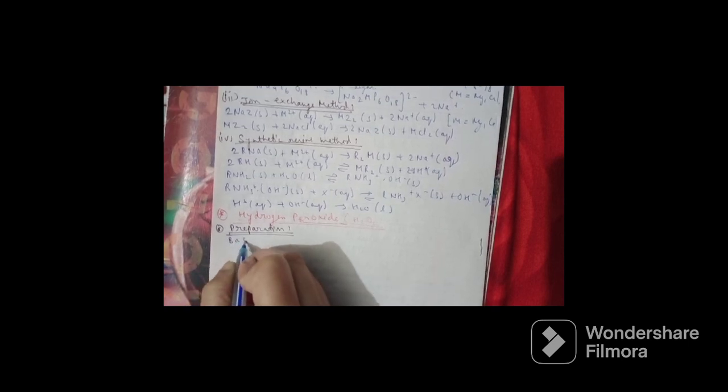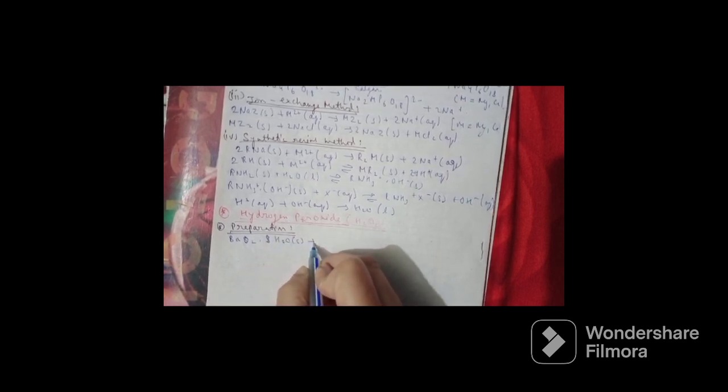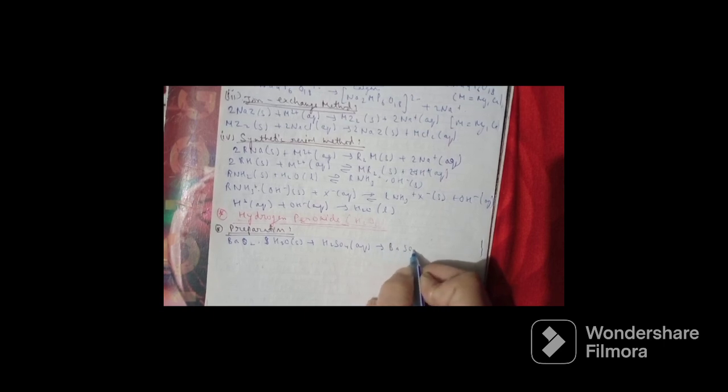And for that we have the reaction here. BaO2.8H2O solid plus H2SO4 aqueous will give BaSO4 solid plus H2O2 aqueous plus 8H2O liquid. The second one we have is peroxodisulfuric acid, which is obtained by the electrolytic oxidation of acidified sulfate solution at high current density; on hydrolysis it yields hydrogen peroxide. So it will be